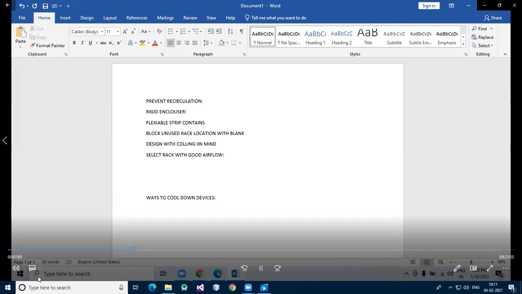So let's see further. Rather than spending a lot of money to cool the entire data center, you can save some money and just cool down the devices generating heat. So these tips can help. Use the correct diffusers. Okay, use the correct diffuser.